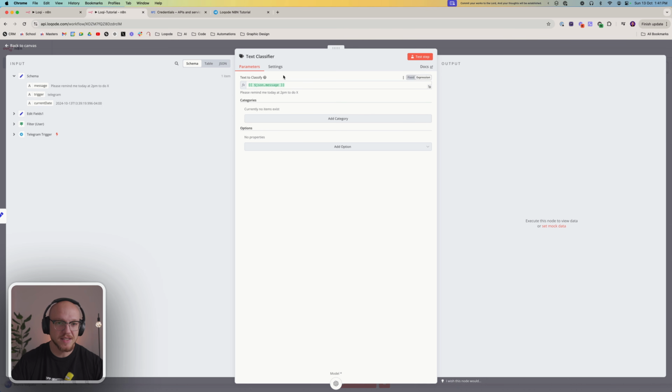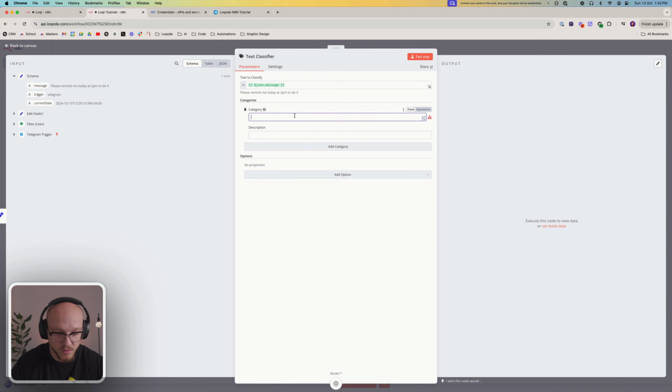The way they do that is they basically pre-configure the prompt, and I forget how to actually view that. But basically N8N has written its own prompt to get it to classify these things. So anyway, now we just add the categories that are essentially the outcomes that we want it to decide based on the message. So we just add a category,